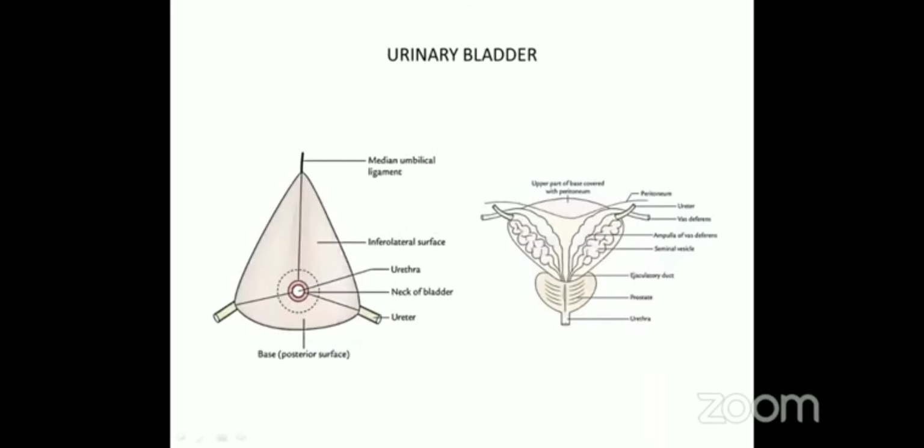Coming to the last part, the urinary bladder may not be asked very commonly. This is a tetrahedral organ, mainly when it is empty. This is the apex and this is the base. You can differentiate male and female urinary bladder. Posteriorly, at the base, there is presence of the ampulla of vas deferens and seminal vesicle in the male urinary bladder, which will help to differentiate it from the female. One more feature of the male urinary bladder is the presence of the prostate gland at the neck around the urethra.